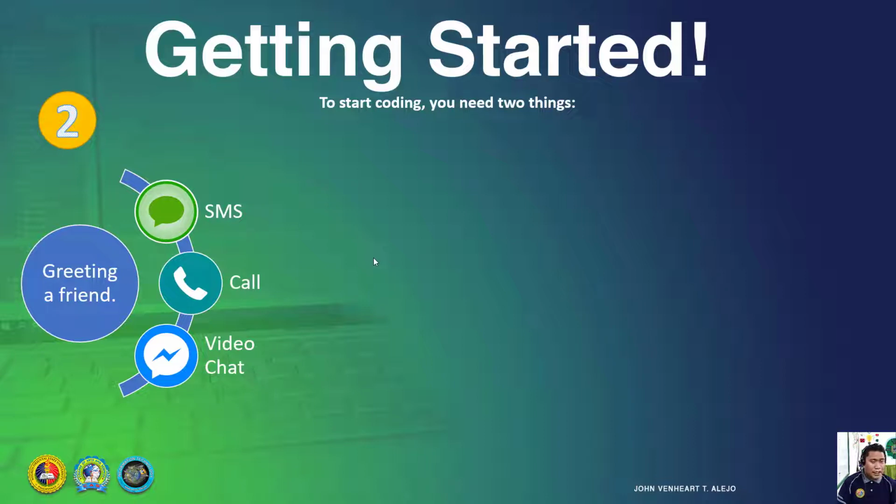Like creating an assignment, you write on a piece of paper or yellow pad. It's the same. So the second choice if you're going to write a program is the environment where you write your program. You choose that one. Writing a program is just greeting a friend. It's up to you what platform you are going to use. You can send SMS, you can call, video call. At the end of the day, the context is to greet a friend. It doesn't matter if I called, texted, or video chatted. At the end of the day, your friend will say that I greeted them.